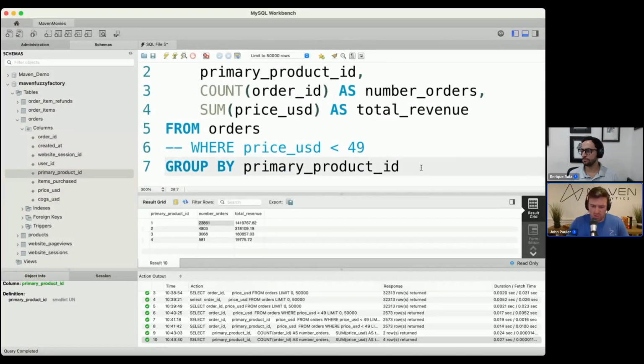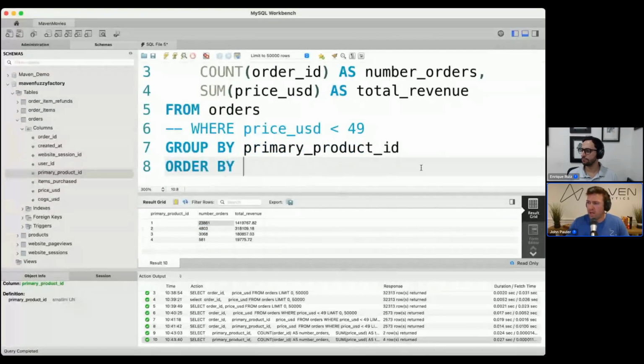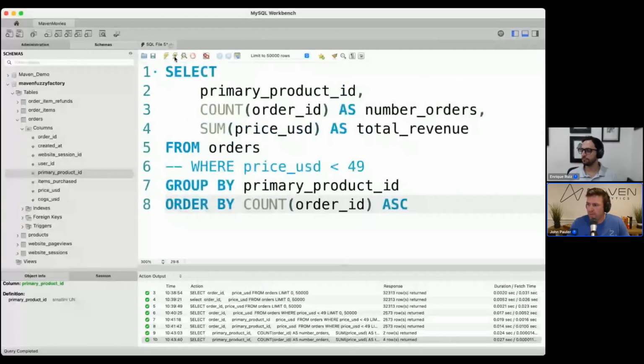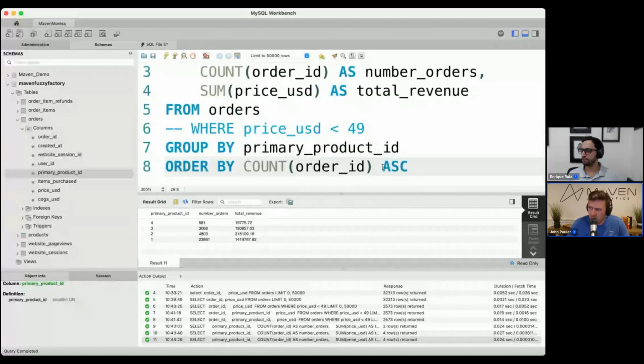We can do order by count of order ID, and what's implied here is that it's going to be in ascending order, and I'll show you that again. Basically, if you don't type ascending, the ordering is implied. So watch, I'll comment this out, and it'll return the same result with the smallest number of orders at the top.